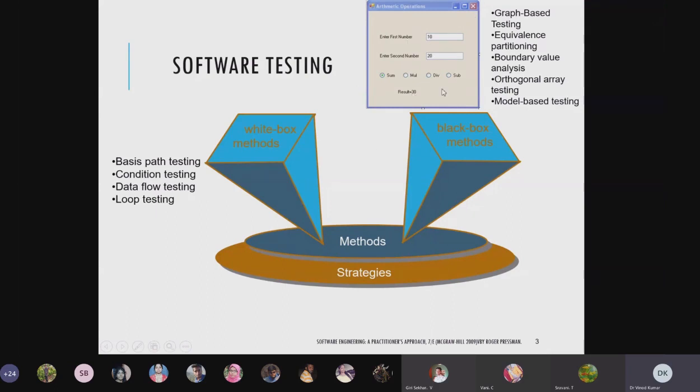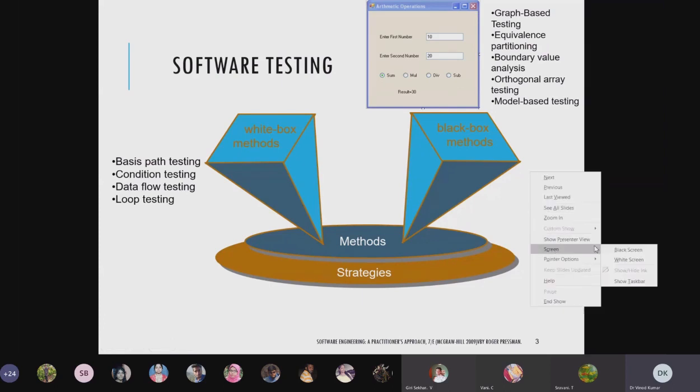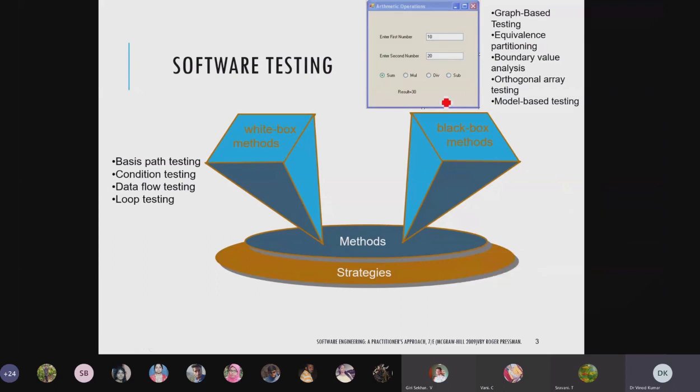As you can see, we will interact with this interface only, and we will put in all possible values. Then we will check all the options and all the functionality. If it is okay, then our testing will be successful. If some error is there, then we will correct those errors.